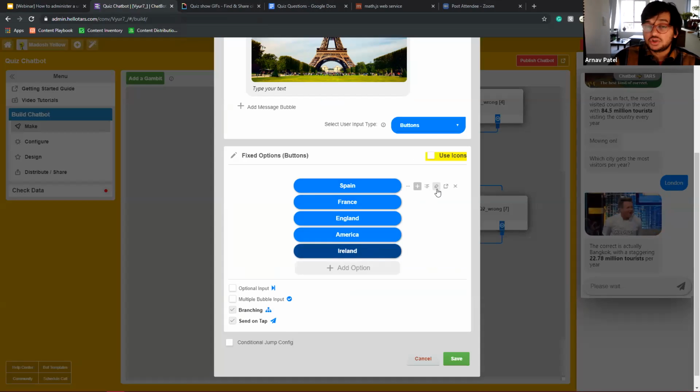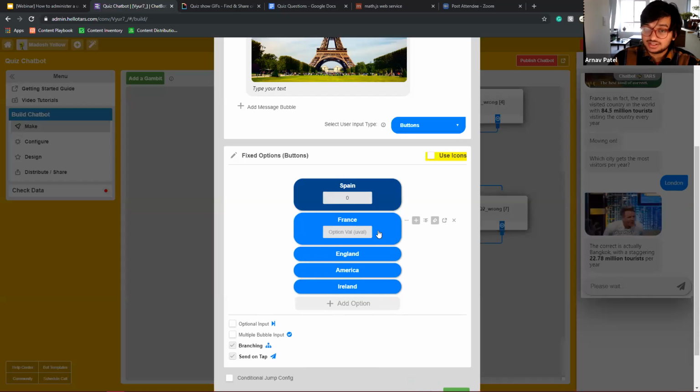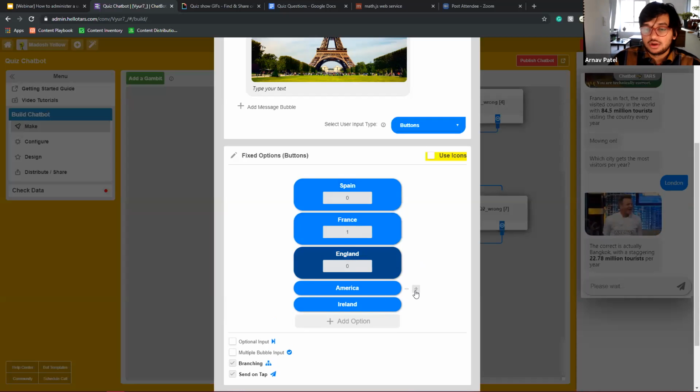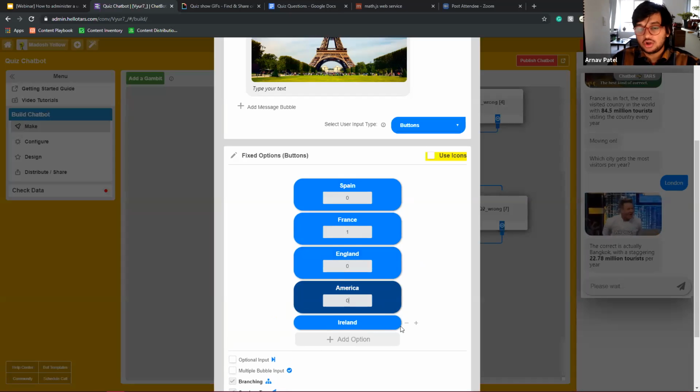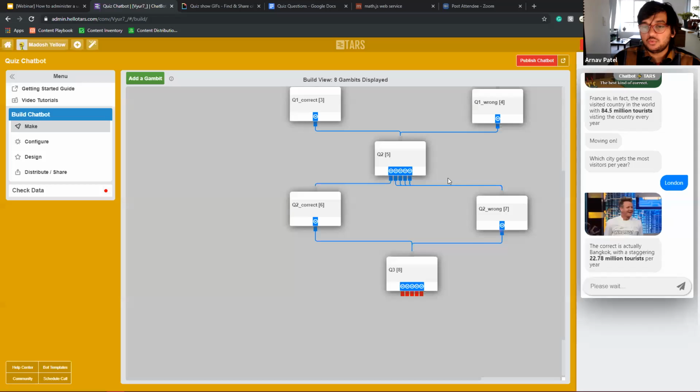Again, we want to tell the bot which one is correct. So Spain is clearly wrong. France is correct, so we're going to give it an option value of 1. Click the plus button, option value 0. And we're going to do that for all of these. And now, since we're cutting the quiz short, we can actually move directly on to the